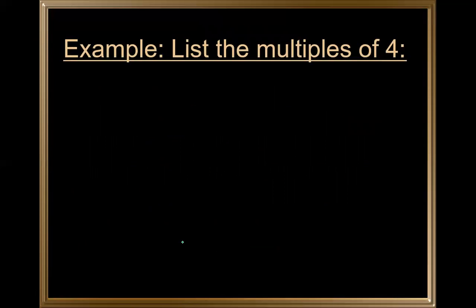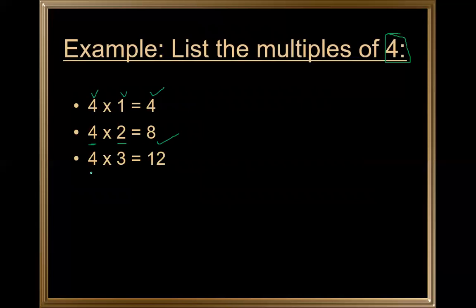So let's have a look at the list of multiples of 4. I want to write the multiples of 4. Firstly, I have to write 4 ones are 4, because I have to multiply the given number by a counting number starting from 1. So I multiplied 4 by 1 to get its product 4. Then I multiply the same number 4 by the second counting number, and you get 4 twos are 8.